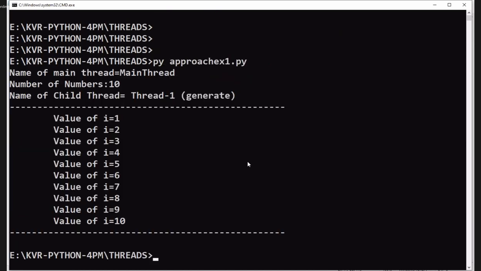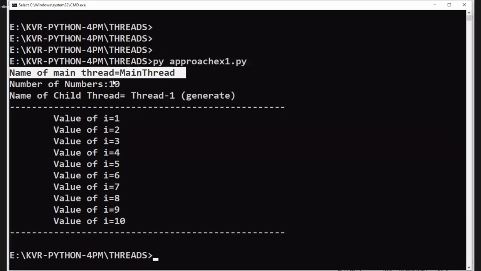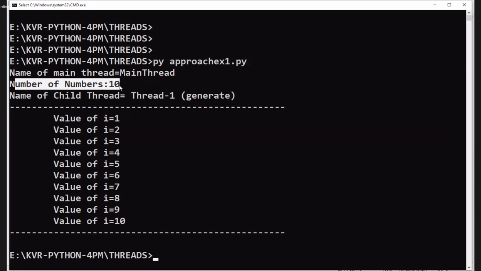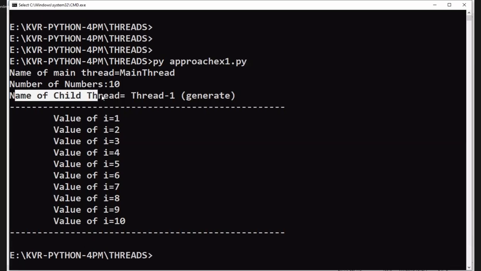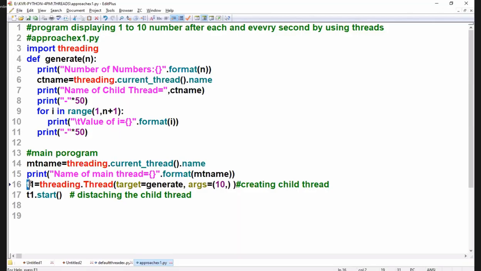See that answer. What is this now? Main thread. The name of the child thread is Thread-1. By default, what is the thread name? Yesterday also I showed you Thread-1. What is T1 here? It is the object name. Yesterday I took some students' names also. So T1 is called the child thread object, whose name is internally assigned as